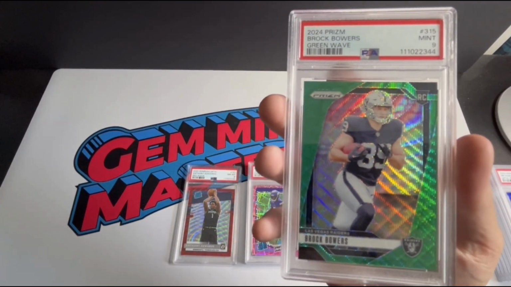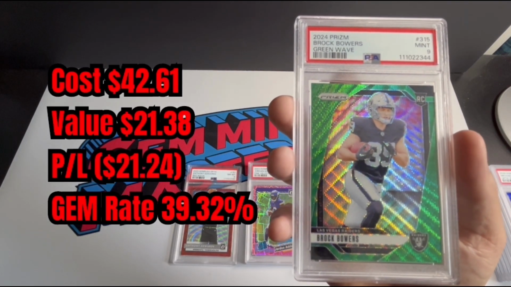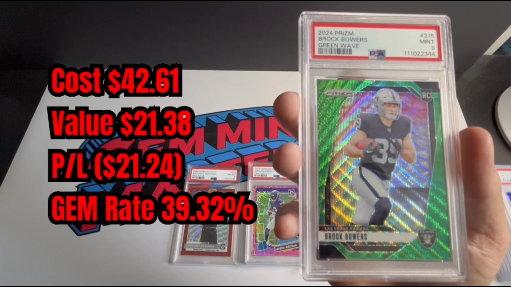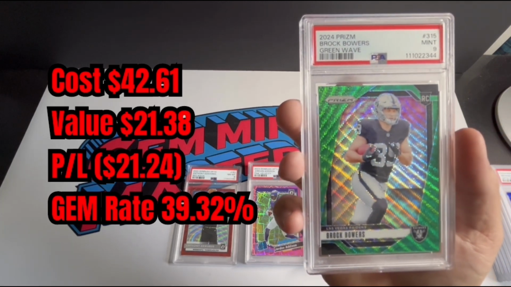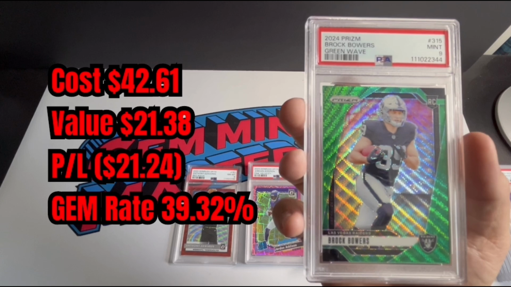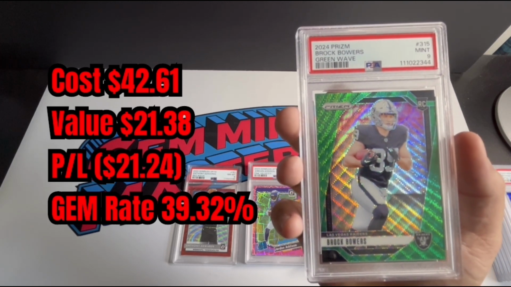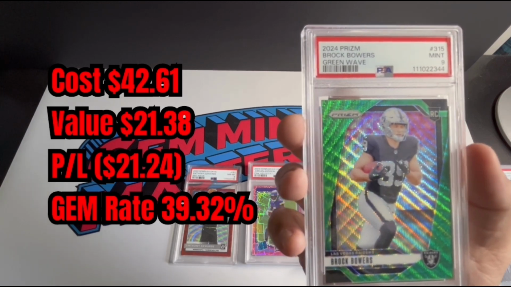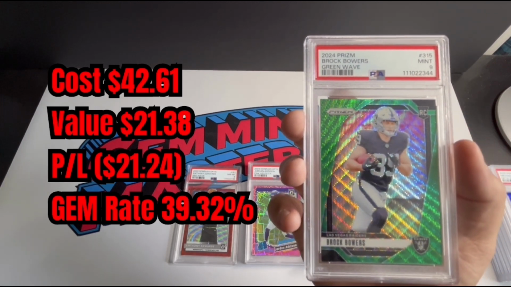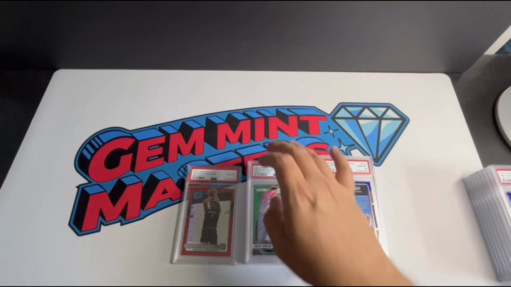Got another one here. Got a PSA 9. This is an example of a card that's not going to do too well in a 9. I did rip this out of a pack. I thought it looked good. But man, Prism is tough. It's just really tough this year. I was pretty meticulous on the stuff I sent, and I only sent it if I thought the centering especially looked really good, because that's where a lot of the main issues were. So this one unfortunately got a 9, so that one will go up for sale. That's going to be a little bit of a loser,